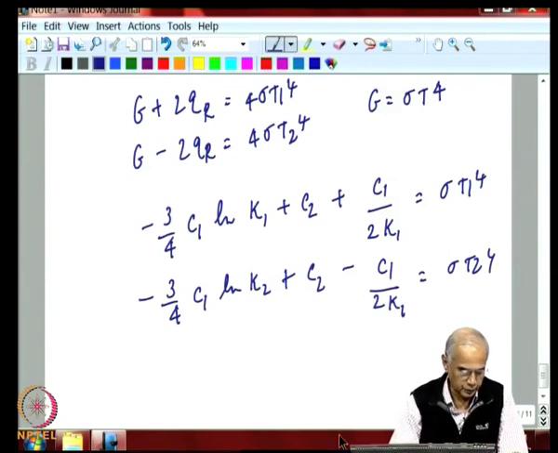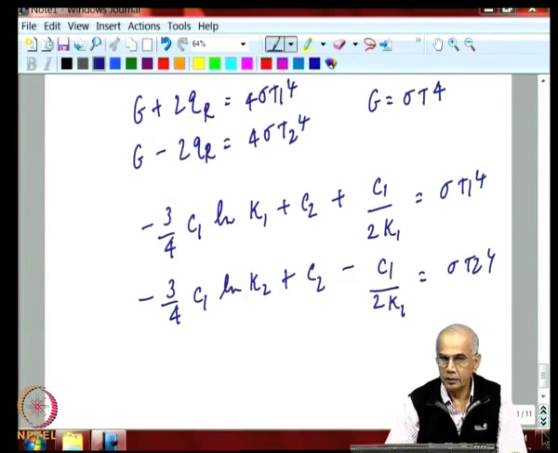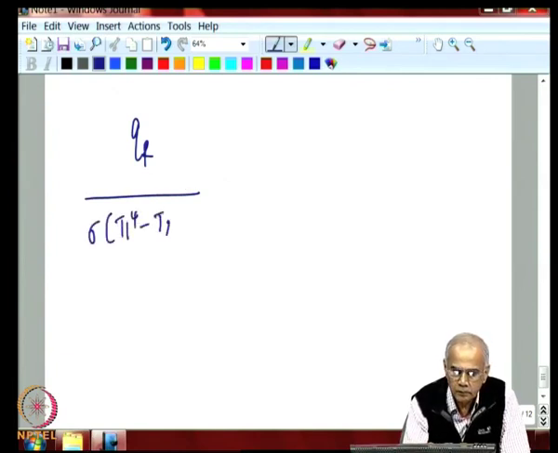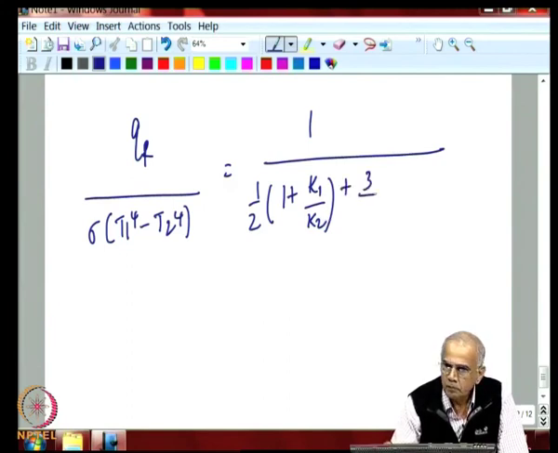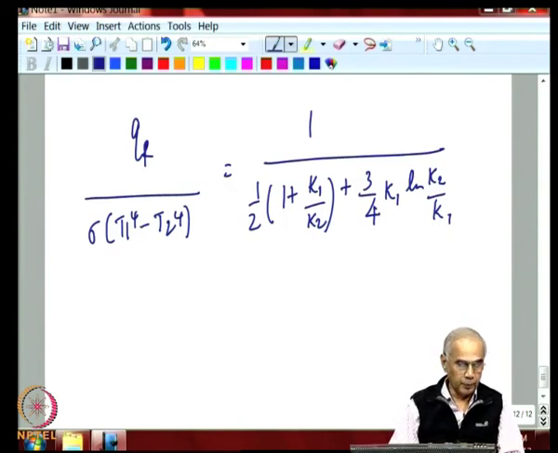Then you can solve for C1 and C2 and calculate the radiative heat flux, and that will come out to be